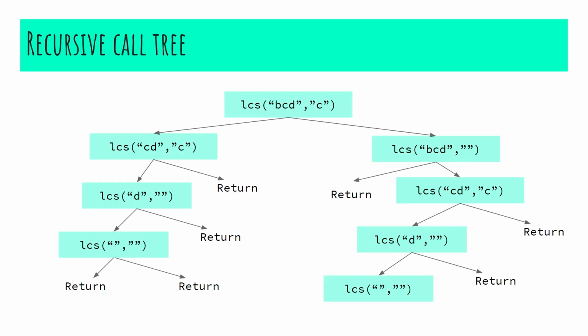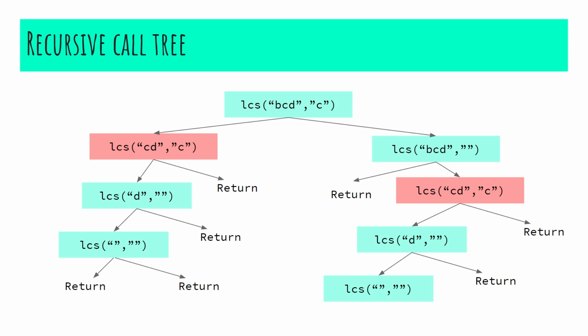If we examine the recursive call tree, we find that the longest common subsequence for the sequences C, D and C is being calculated twice. This property is called overlapping subproblem. For those who are new to this term, let me define it. A problem is said to have overlapping subproblems if the problem can be broken down into subproblems which are reused several times, or a recursive algorithm for the problem solves the same subproblem over and over rather than always generating new subproblems. Also, this problem has another property called optimal substructure.